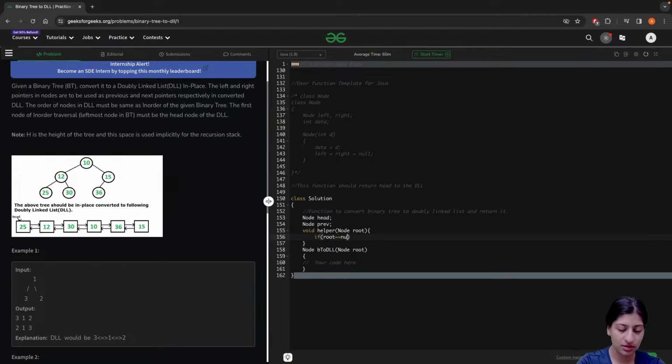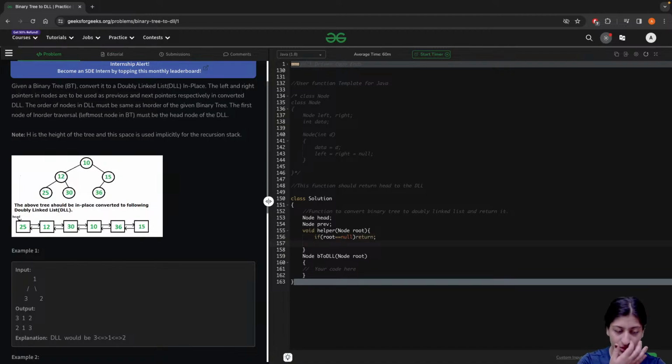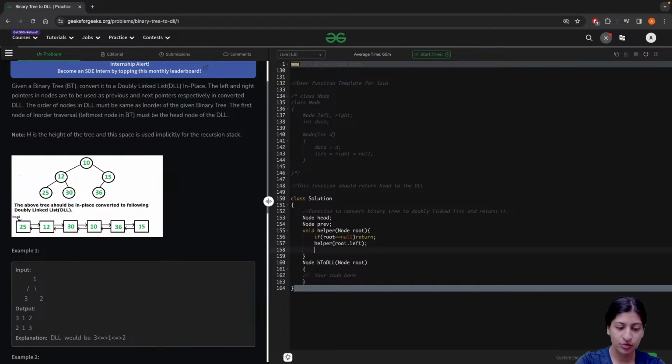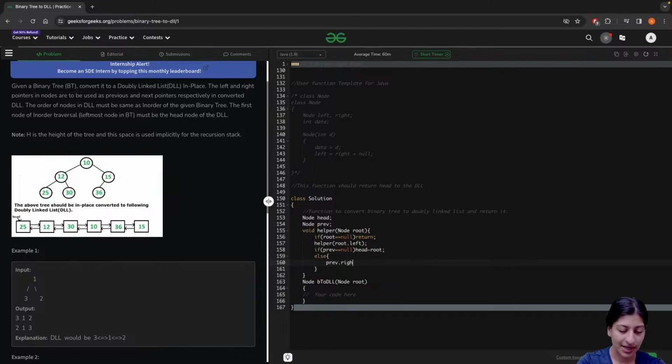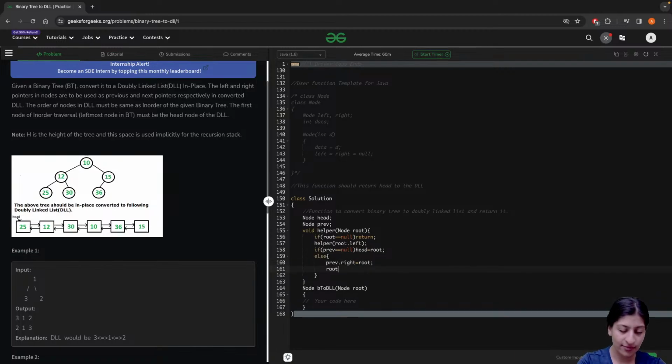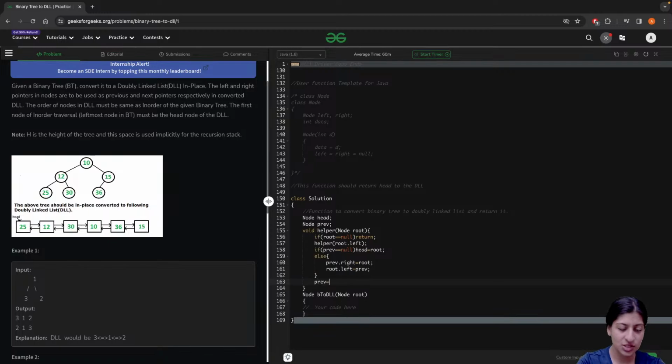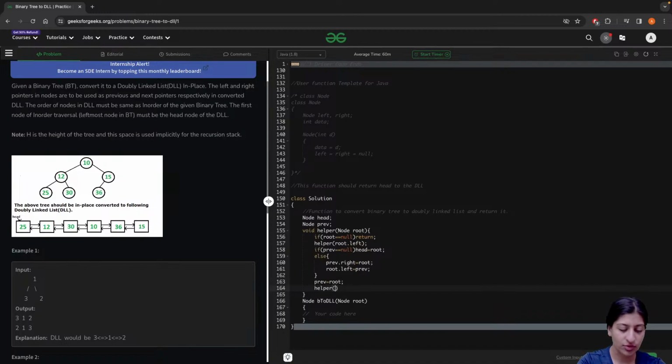If root is null, just return. Okay, and then you make a call to helper function by passing root dot left. Then you take some decisions. If previous is equal to null, that means your head should be pointing to root. In the else case, you create links by making previous dot right pointing to root, root dot left pointing to previous, and this is your else. And in both the cases you have to make your previous point to the root node, whichever current node you are at, and then you repeat the same process for root dot right. Okay,